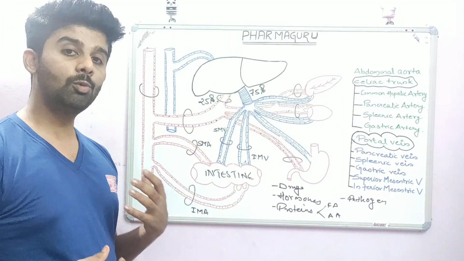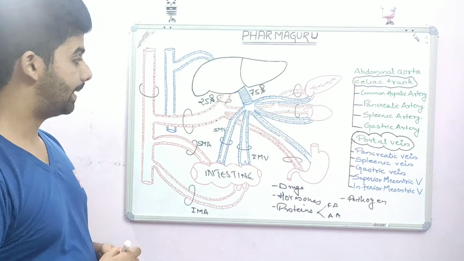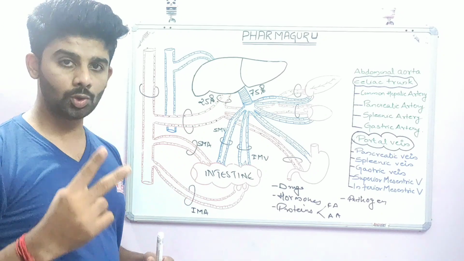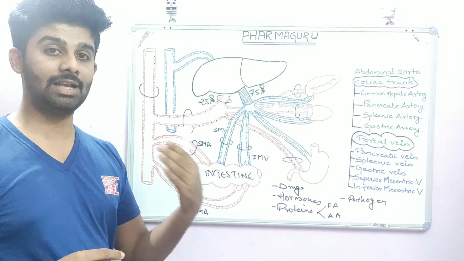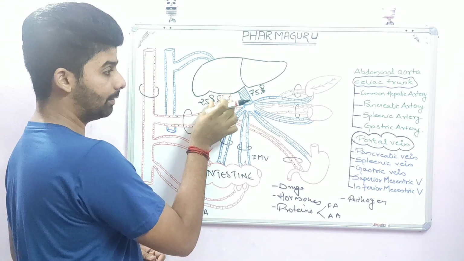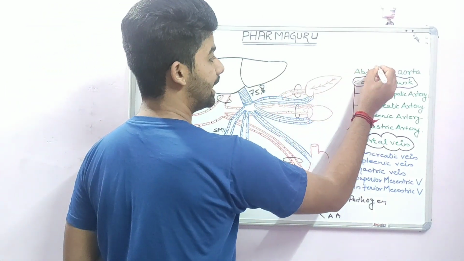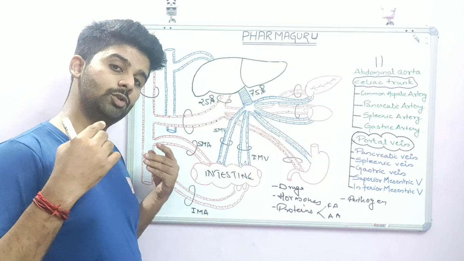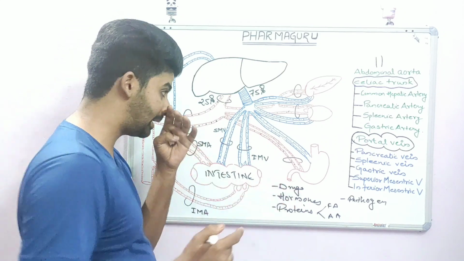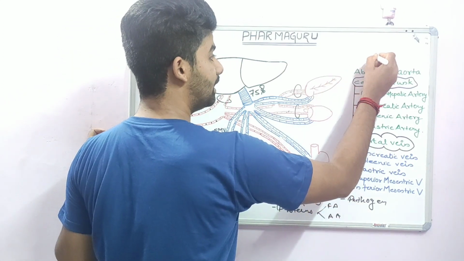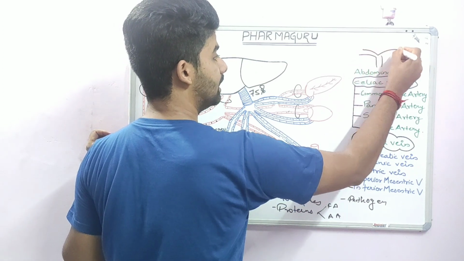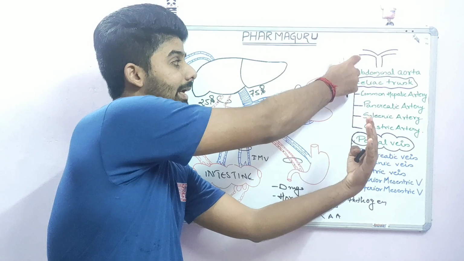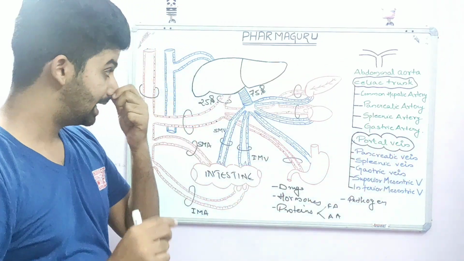See guys, here I would like to highlight one more thing, that as we have talked about the common hepatic artery, we know there are two lobes in the liver, that is the left lobe and the right lobe, right? So whenever the common hepatic artery enters into the liver, it will split up into two, since it has to provide blood to both the left lobe and the right lobe. So it will split itself into two portions, the one that provides blood supply to the left lobe and the one that provides blood supply to the right lobe.